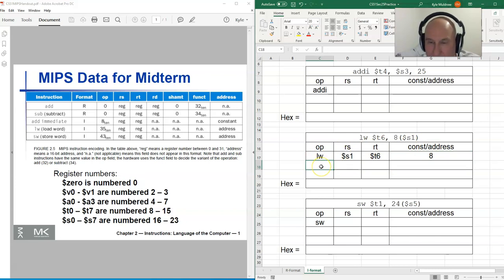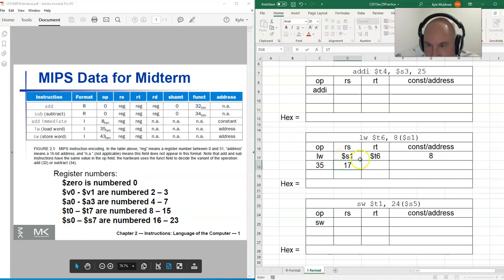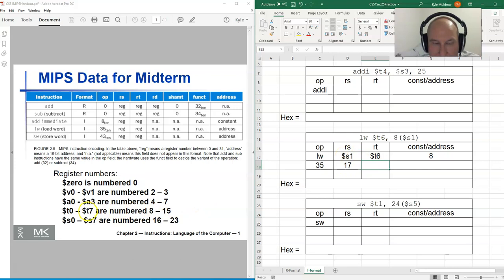Now it's time to go all decimal. According to the MIPS handout, a load word has an opcode of 35. So we'll put a 35 there. S0 gets a 16, so that means S1 gets a 17. T7 gets 15 according to this sheet, so that means T6, go back one, is a 14, and the 8 is still an 8. There is no function code for an I format, so add I, load word, and store word are all I